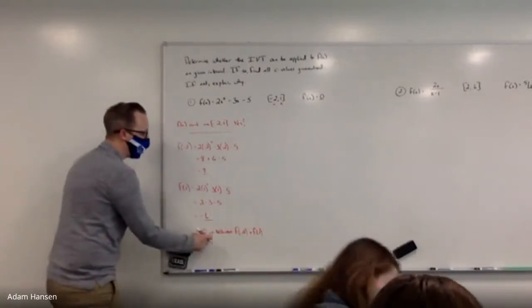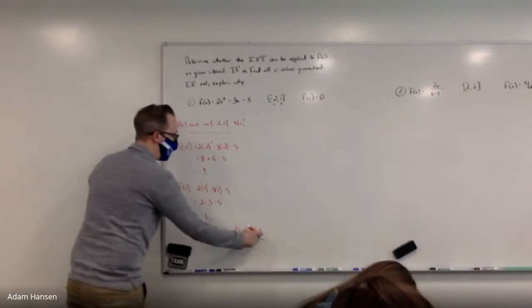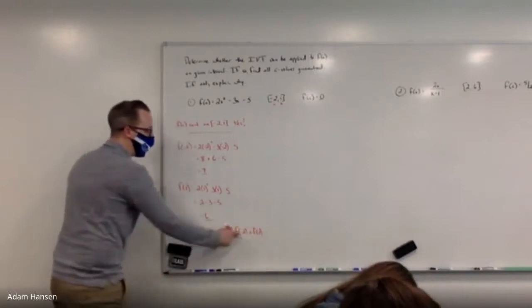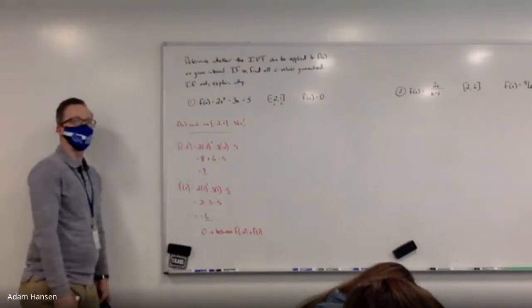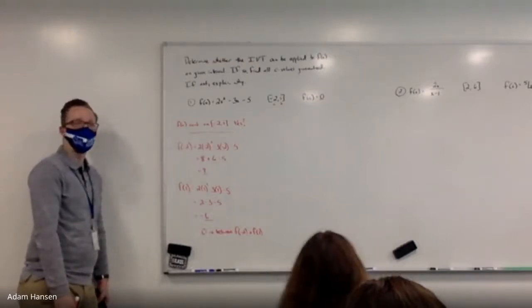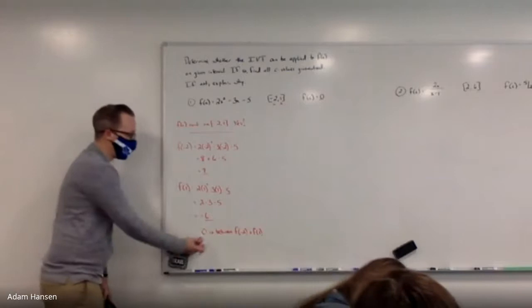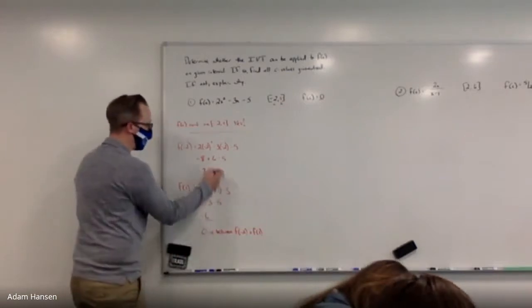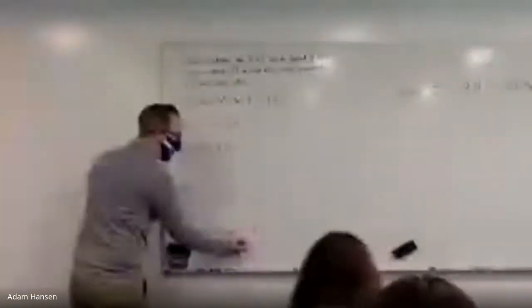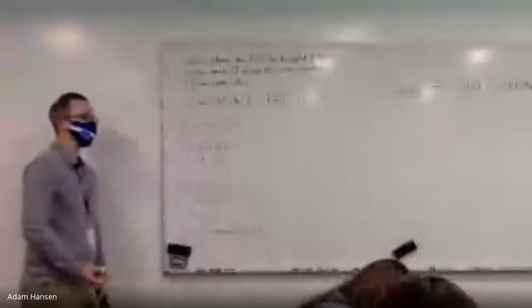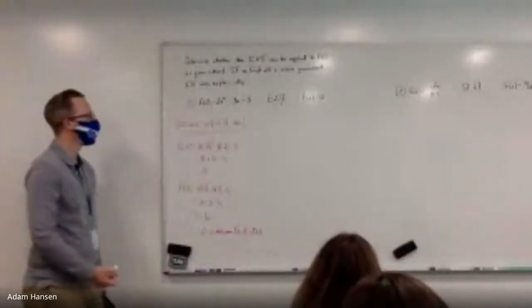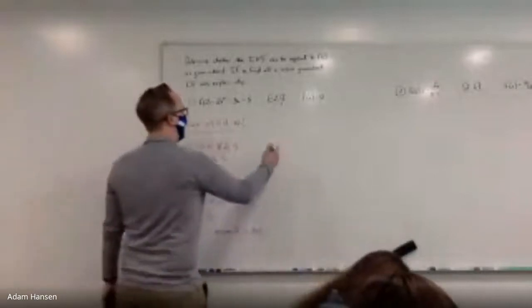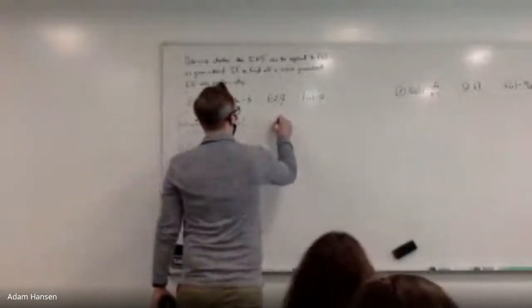Since 0 is between -6 and 9, shouldn't there be some point between x equals -2 and x equals 1 where my function maps onto 0? That's exactly what IVT guarantees. Because 0 is between -6 and 9, there's some point between -2 and 1 where my function maps onto 0. So let's solve for that. Now that IVT applies,